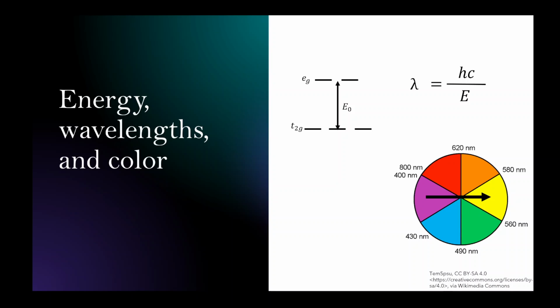So we can take our field here, the Eg and T2g, and what we're going to do is perturb it. We're going to move that up. And when that happens, that energy becomes smaller. Our E1 is smaller than our E0. Now on the top right, we have an equation here relating our energy to our wavelength. As we see that energy go down, because it's inversely proportional to our wavelength, that wavelength is going to go